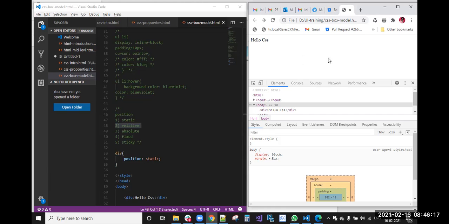With the display properties and the remaining other CSS properties, we can't do that. Only by using the position properties can we place a particular element in a particular position. Because of that, these position properties are used. The first one is static, with which we can't do anything. The next one is relative.